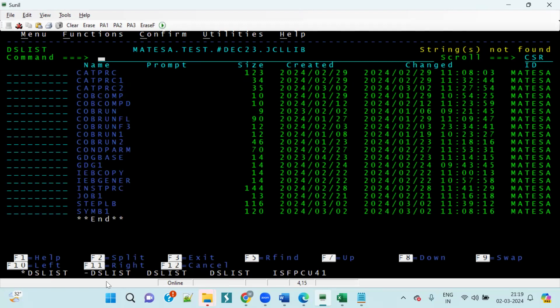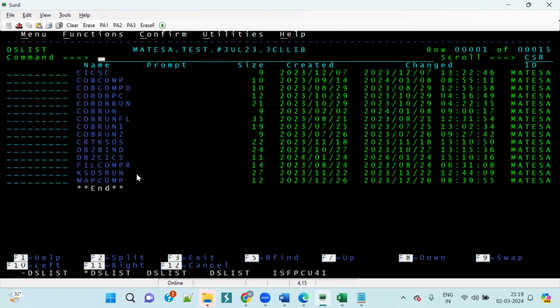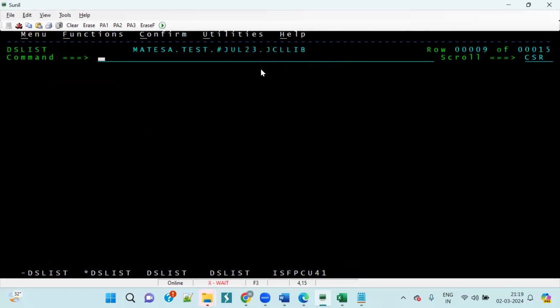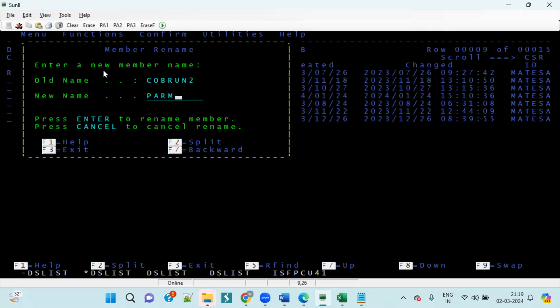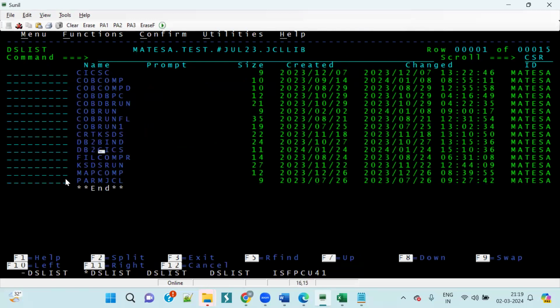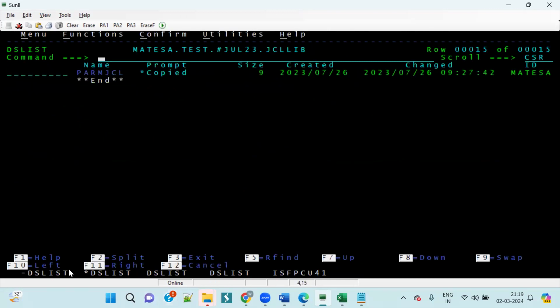Strings, not want. Just now we have it somewhere, right? One, two. So let me rename it as